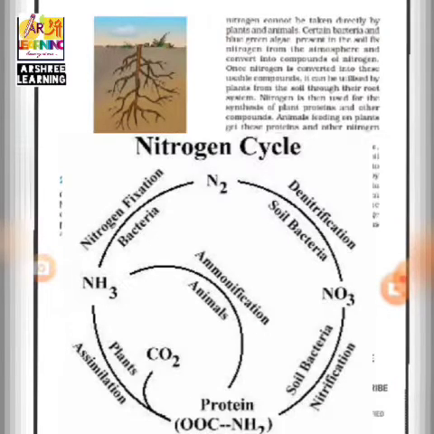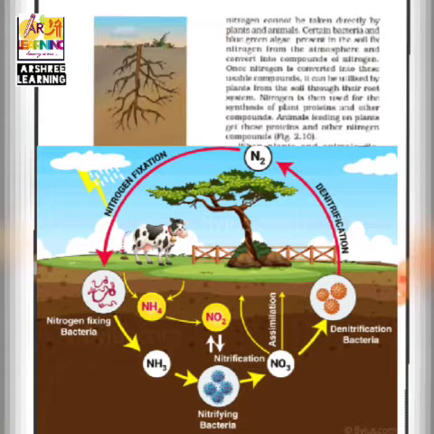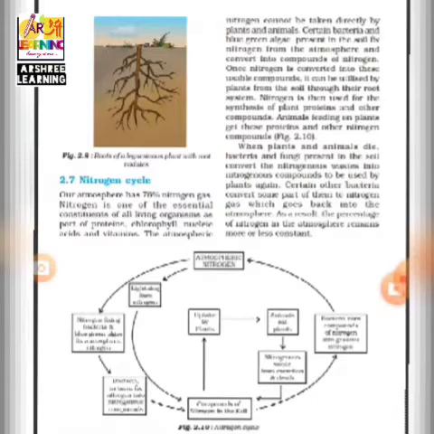The nitrogen cycle is very important because nitrogen is a part of the proteins which are required by all living organisms. It forms the protein in the body of humans, proteins in plants and animals. So if nitrogen is not present in the air, then the proteins and the living organisms will not be able to survive. So the nitrogen cycle completes your chapter, and this is a very important topic where you understand that